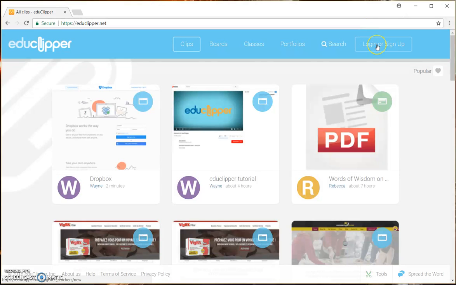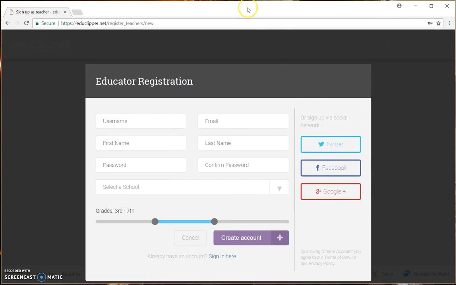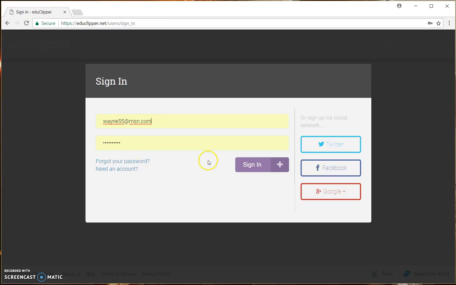So let's get started here. This is the main page, and I'm going to go ahead and select login or sign up. This is where you'd be able to create your account. You can also link the account to Twitter, Facebook, or Google. I already have an account ready, so I'm going to go ahead and choose sign in here and show you